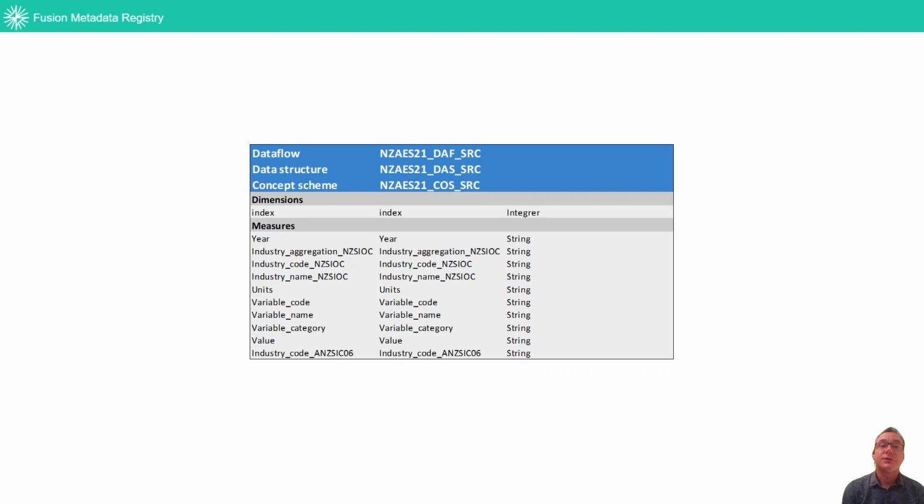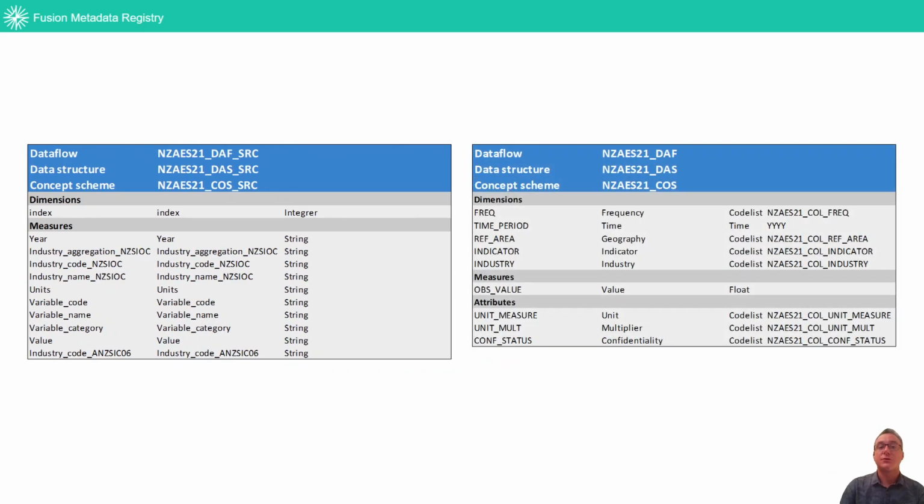Source data from the CSV file downloaded is modeled using an SDMX 3.0 data structure where a numeric row index is used as sole dimension. All columns from the source file are represented as measures holding row values in text format. A dedicated SDMX concept scheme is used to hold the list of columns from the source file.